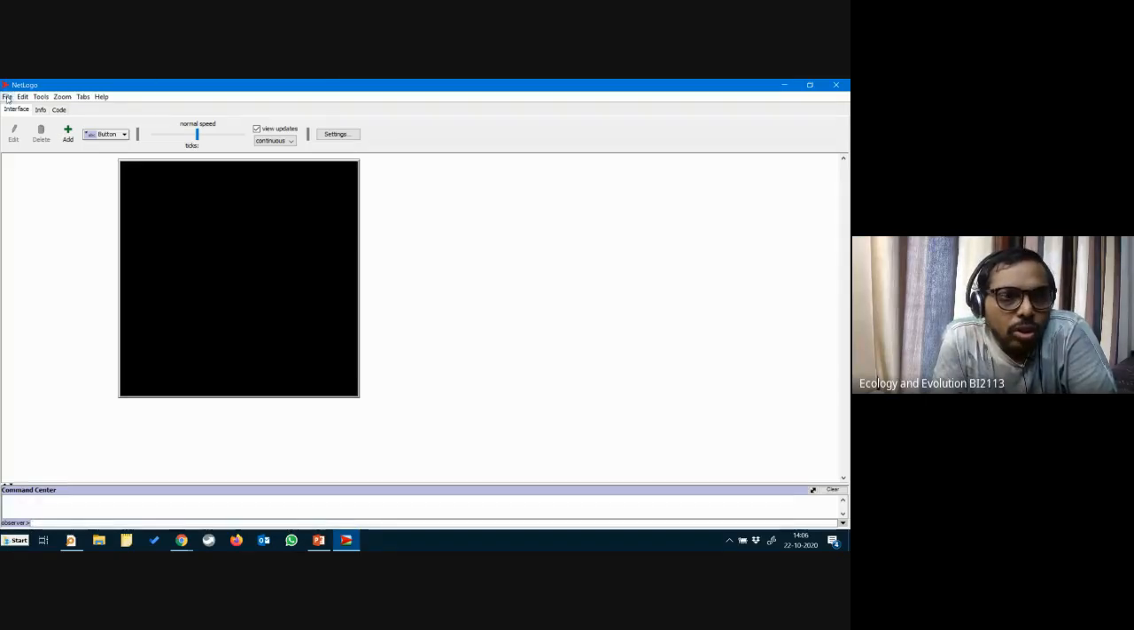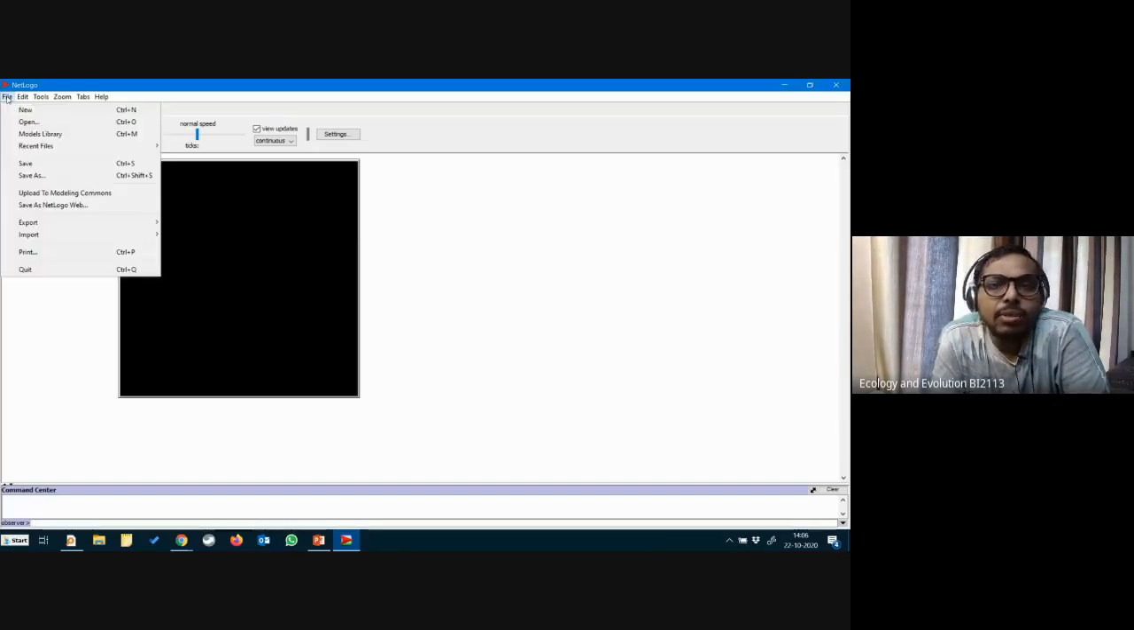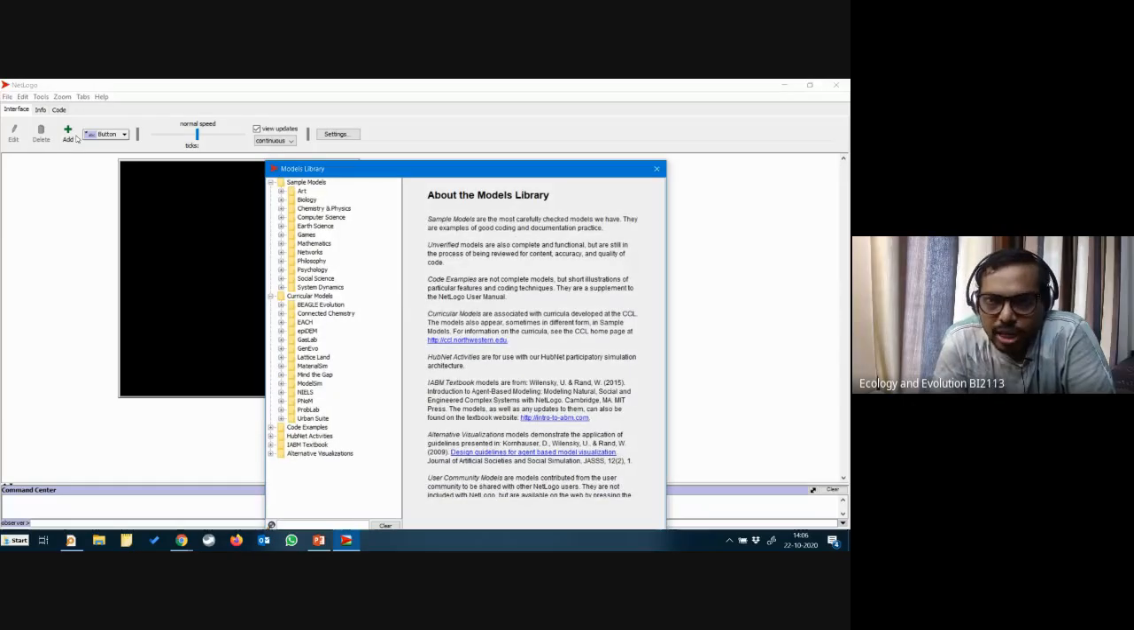The great thing about NetLogo is that what you are seeing right now is blank. It's the equivalent of a new file. However, the strength of NetLogo for teaching is that it has a very large number of teaching models already incorporated, and you can find those models in this thing called the models library. Okay, so I'm clicking on models library,